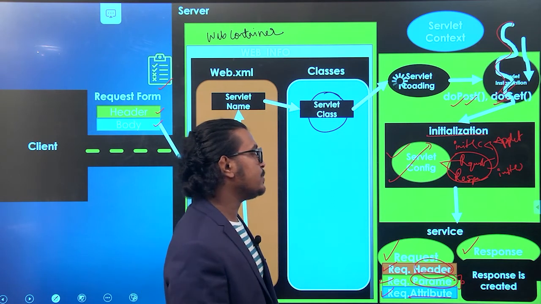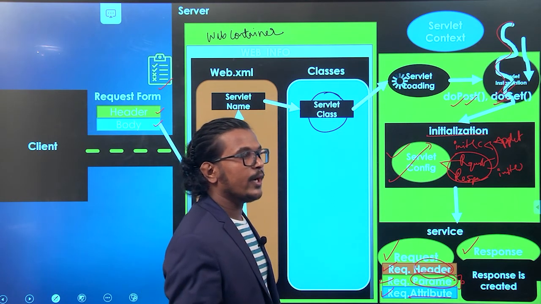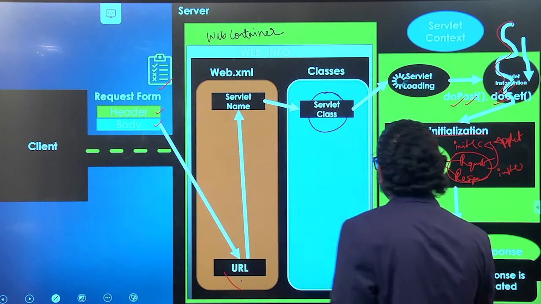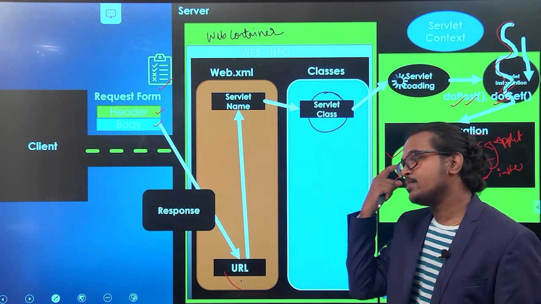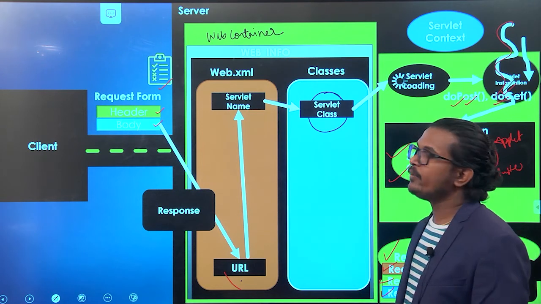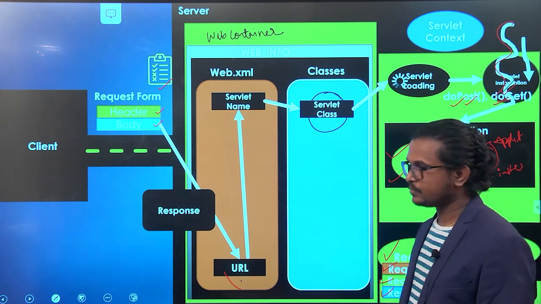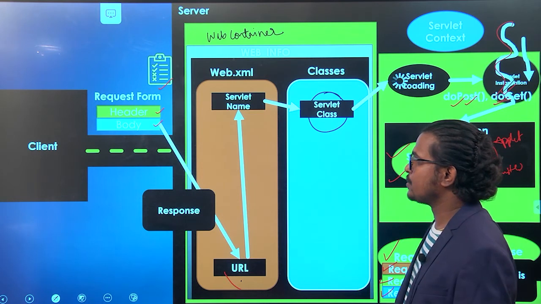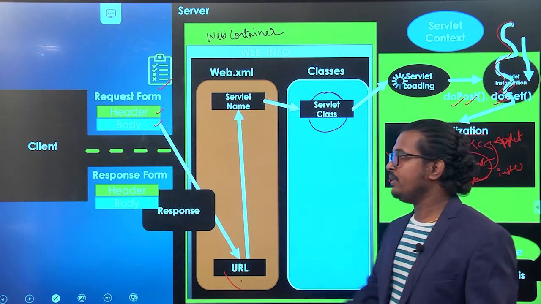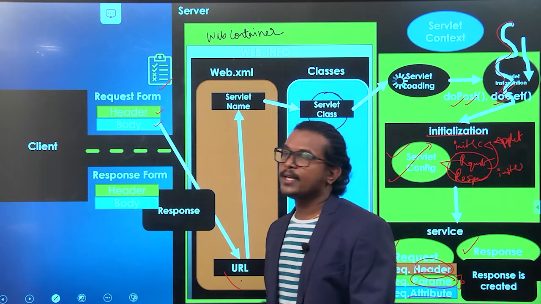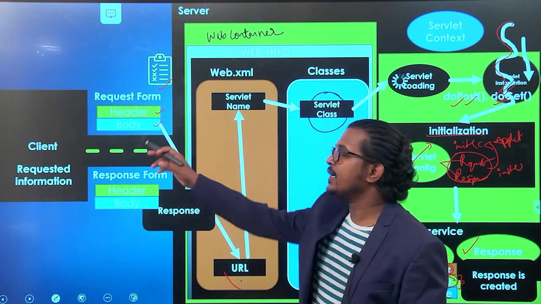Once your response is created, we pass this particular response to the server. The server will take that response and create a response form, and this response form will be delivered at the requested client side.